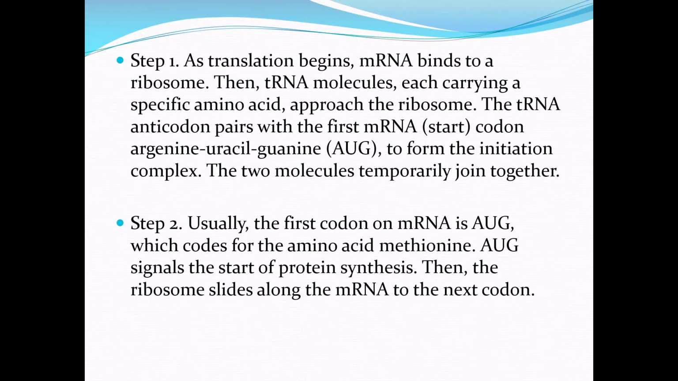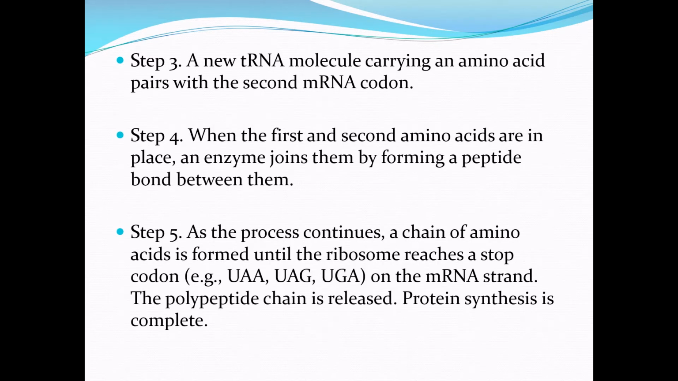Then, the ribosome slides along the mRNA to the next codon. Step 3. A new tRNA molecule carrying an amino acid pairs with the second mRNA codon. Step 4. When the first and second amino acids are in place, an enzyme joins them by forming a peptide bond between them. Step 5. As the process continues, a chain of amino acids is formed until the ribosome reaches a stop codon, for example UAA, UAG, or UGA. On the mRNA strand, the polypeptide chain is released. Protein synthesis is